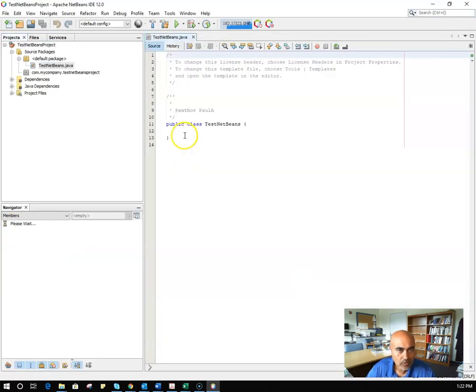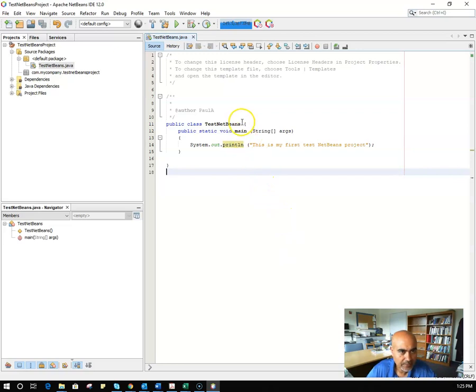So right now it is showing me my class of NetBeans, and let's go ahead and add my first main method. So what I did over here is I just typed in the very basic code. So it started off with my class called TestNetBeans. This is my main method, and I wrote a little simple print line method, and I went ahead and saved